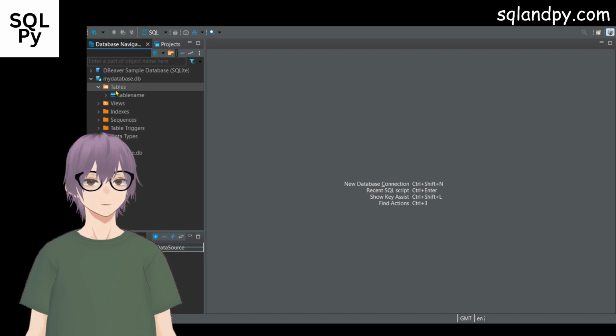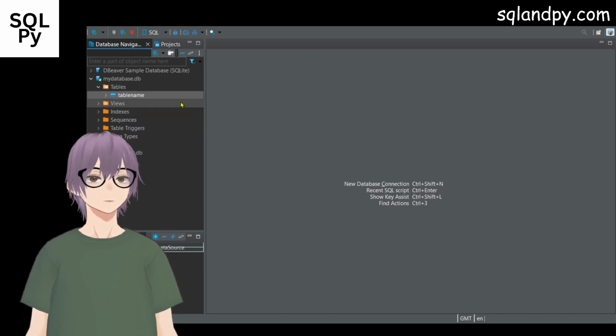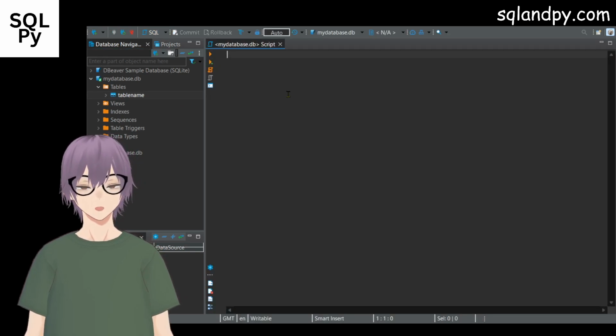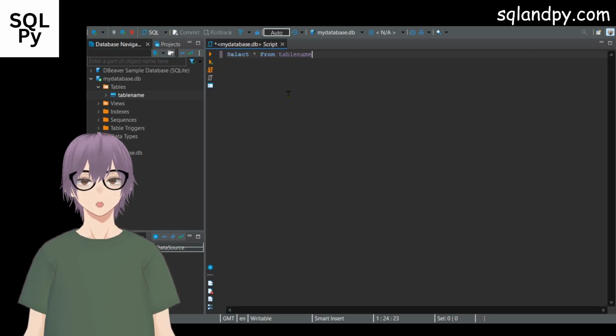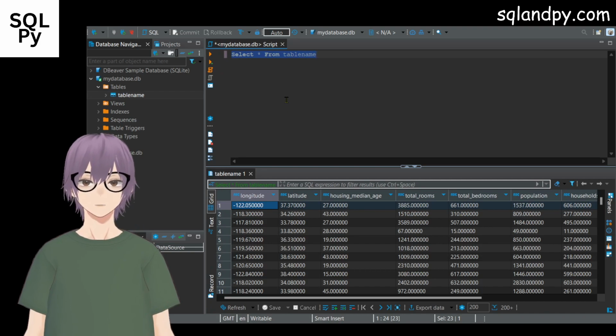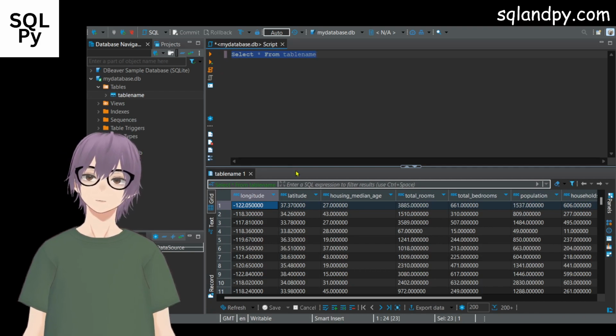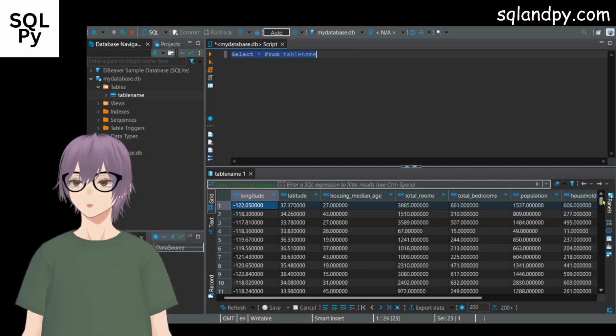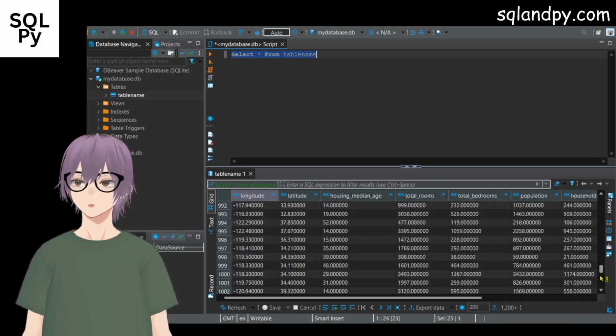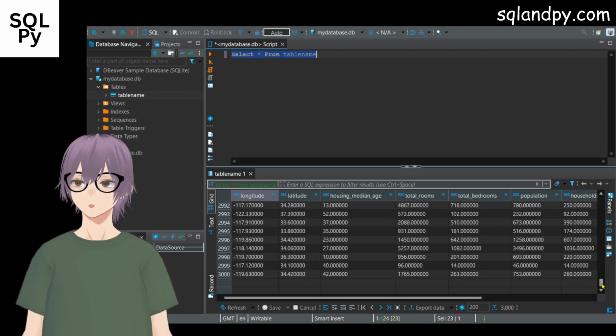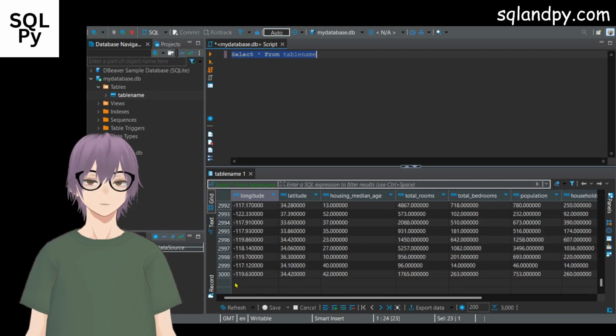mydatabase.db. It has a table called tablename. I will open a new query against this and just run that with select all from tablename. Scroll down to the bottom to the end of the 3000 rows, and I see that it ends something like this, so I'm going to